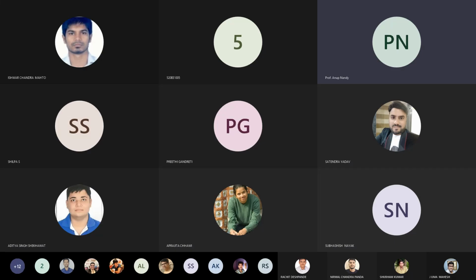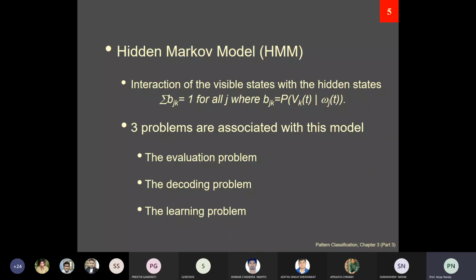And we have seen sequential machines, or the finite state machines, and you have some different probabilities that you need to compute. One is called the transition probability and another is called the emission probability. You have this set of observation sequences, or a set of visible symbols, which will be emitted by the hidden state. Then how can you develop a particular model?